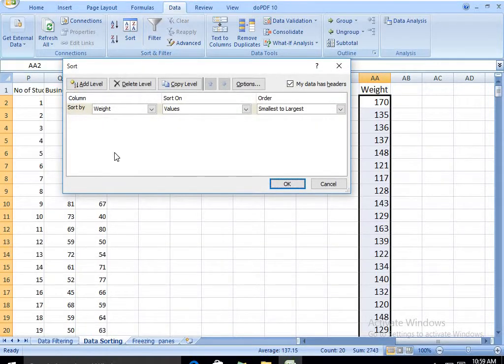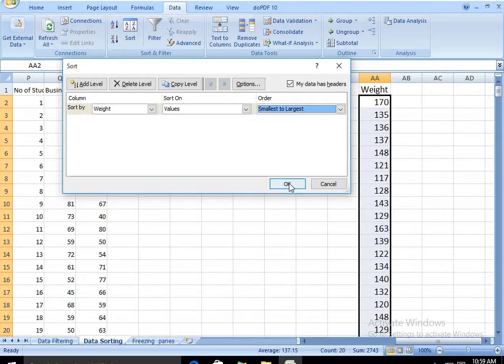When you choose it, it will tell you column-wise, sort by weight. It will be sorted on the basis of value and what is the order you want. When you want the small number first and the large number last, you have to choose this option. When you want the highest number on top and smallest number on the bottom, you have to choose largest to smallest, and when you want to customize, you have to go for the custom option.